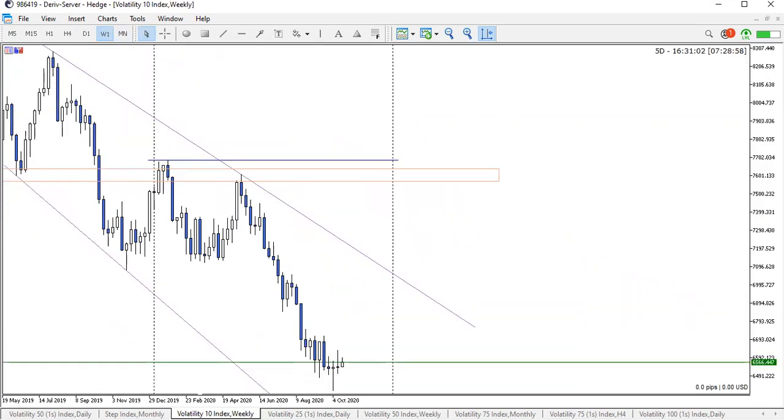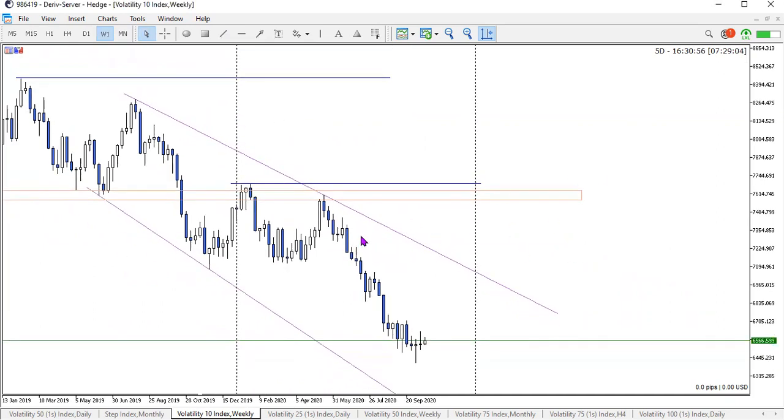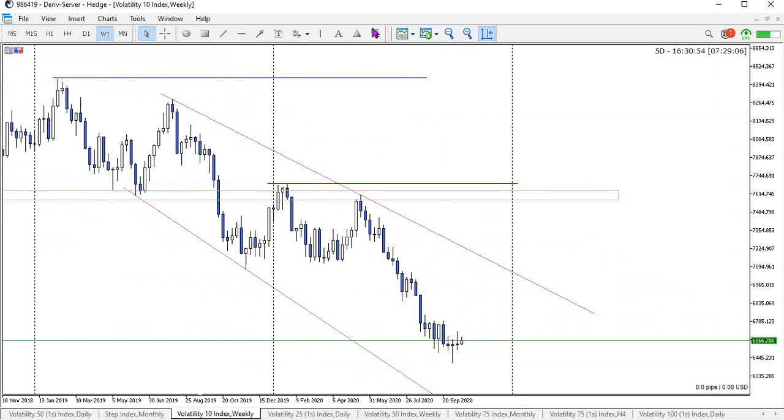I'm going to start by looking again at the weekly chart, right? On the weekly chart, I have identified this little downward channel that is playing out pretty well at the moment. As you can see, we've got a second touch on either side, and we're looking to get a third touch at the bottom. But overall, there is an opportunity for the market to come back and retest this level in here before it goes down. So on the weekly chart, you can see that there is an opportunity for the market to trade back up.